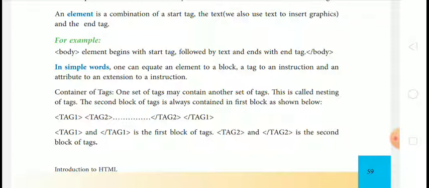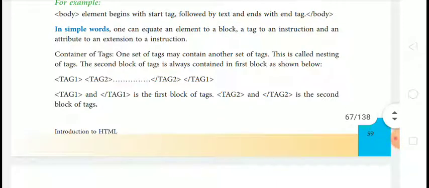So the simple body tag is your starting tag and the /body tag is the ending tag. In simple words, one can equate an element to a block, a tag to an instruction, and an attribute to an extension to an instruction.